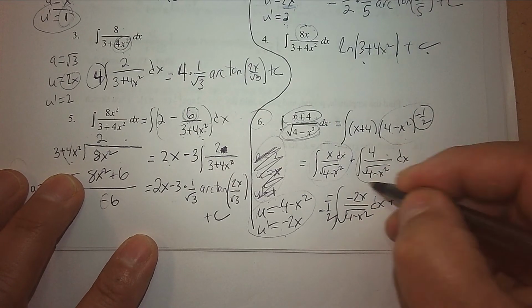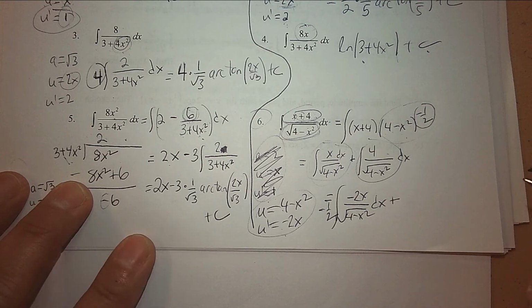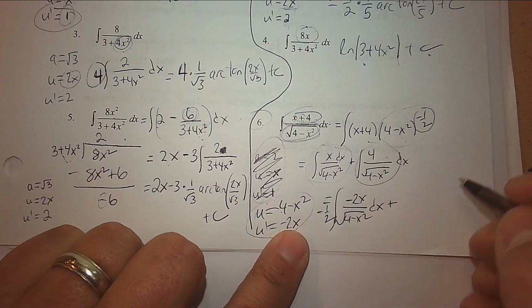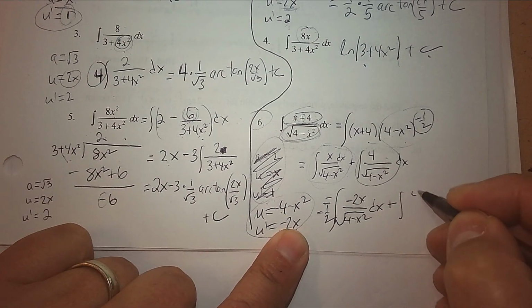Guess what the second one is? That one is arc sine, the second one. Here, let me continue this one. So for the second one,